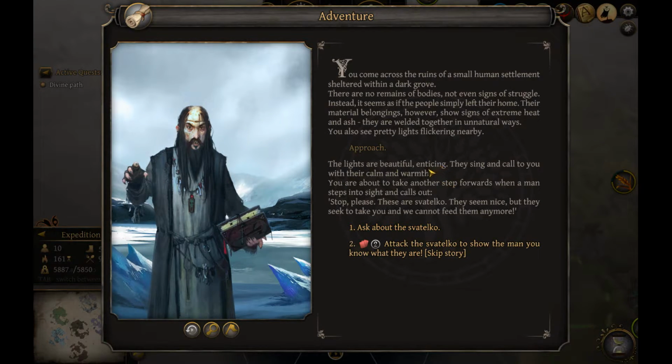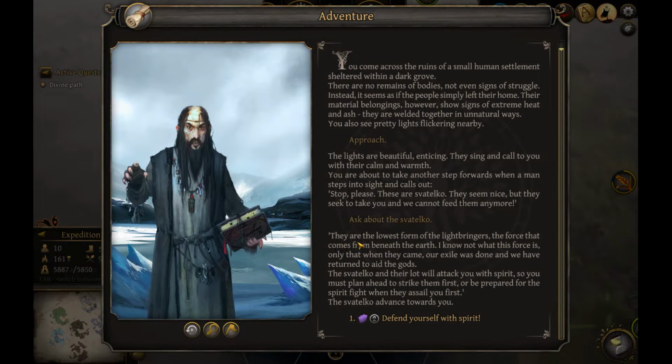The lights are beautiful, enticing. They sing and call to you with their calm and warmth. You're about to take another step forward when a man steps into sight and calls out, "Stop, please. These are Sviatelko. They seem nice, but they seek to take you and we cannot feed them anymore. They are the lowest form of the lightbringers, the force that comes from beneath the earth. I know not what this force is, only that when they come we exile was done and we have returned